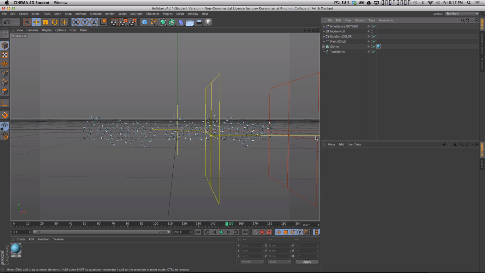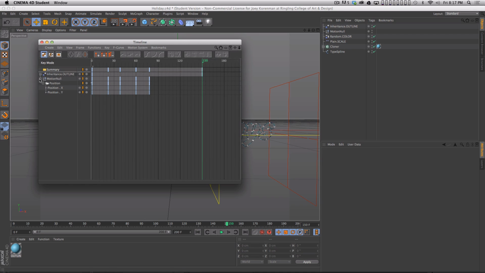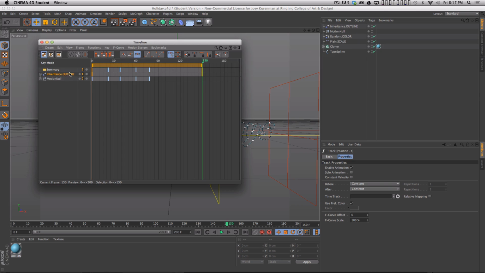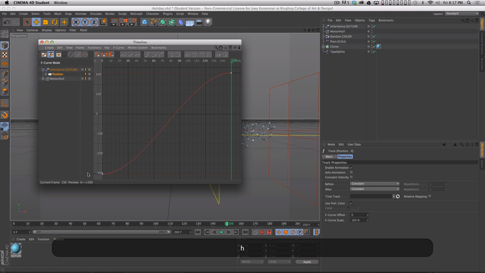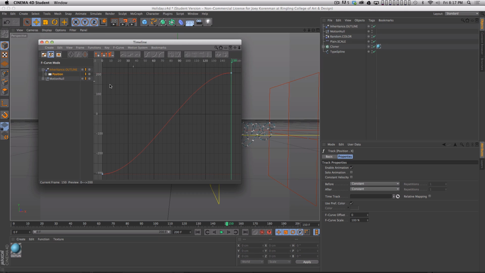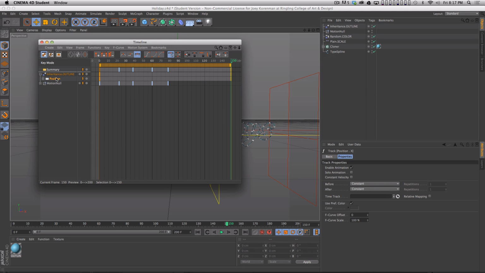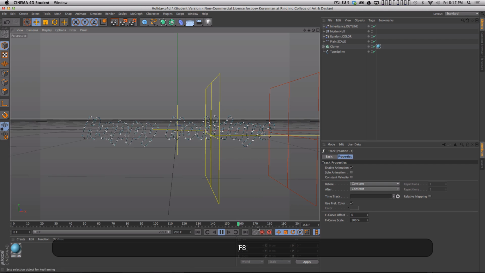One very important thing, I'm going to bring up the timeline. Shift F3 brings up the timeline. It's very important, if you want the motion of these snowflakes and the speed changes to remain the same, make sure that you don't have any easing on the motion of the inheritance effector. By default, it's going to be easing out and easing in, and I don't want that, so I'm just going to select the position keyframes and set them all to linear with that button, or you can hit Option L, which does the same thing. All right, and so now if I hit F8 and play this,